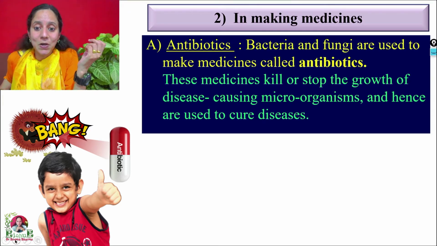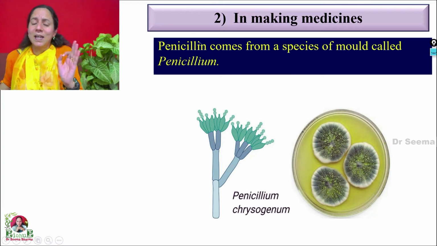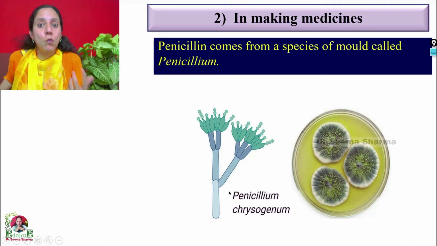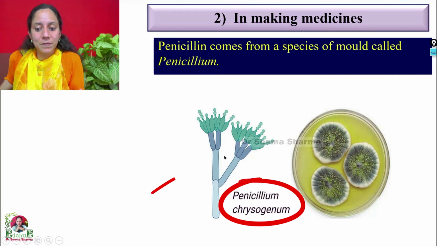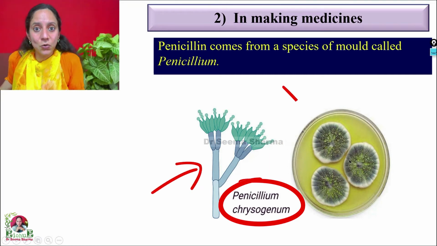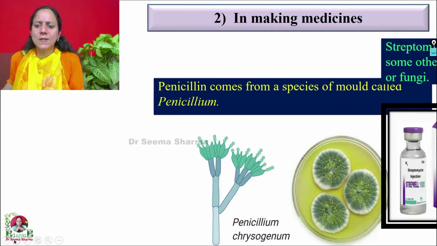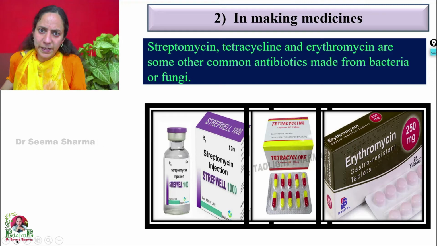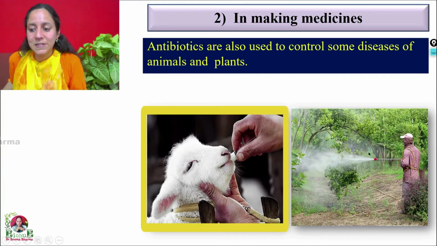Let us take up the examples of antibiotic producing microbes. Penicillin. Penicillin is one of the first antibiotics. It is extracted from one fungus which is called Penicillium chrysogenum. This is the diagram of this fungus and this is how it grows in the form of a colony. We have a variety of antibiotics, but the common ones are streptomycin, tetracycline and erythromycin, and they are effective against a broad range of bacterial infections,